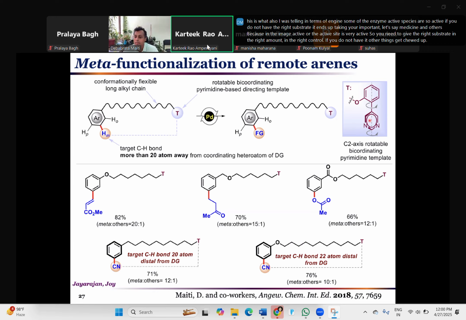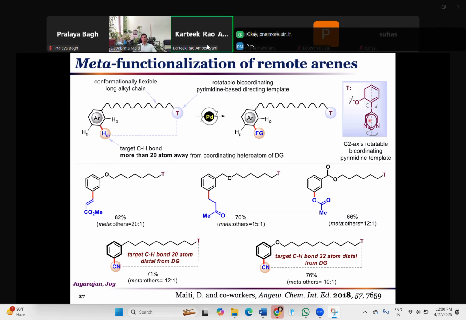Okay, one more, sir. Yes. If the same substitution, the meta position or ortho position is having any other substitutions, will it do the same work in the para position? That means the efficiency is same. Well, see,